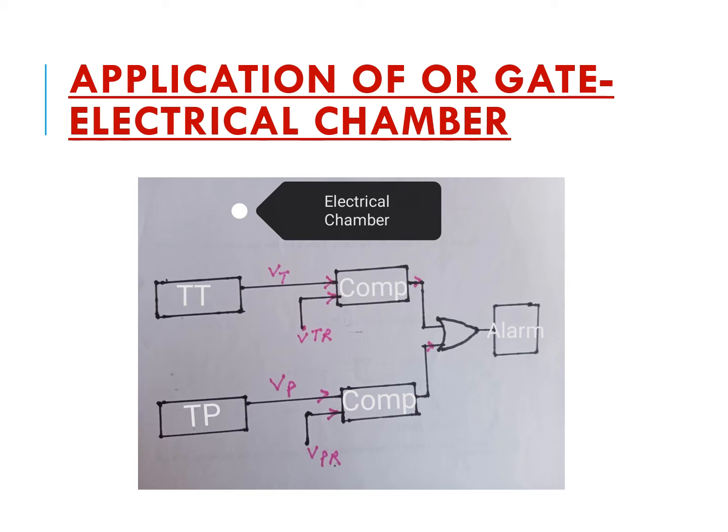But the moment the temperature or the pressure starts increasing, and the voltages Vt and Vp also start increasing, then obviously there is an alarm. Both voltages will be compared in the respective comparators and will generate the conditions, 1 1, 0 1 or 1 0, and the output will be there and will be fed to the alarm, and the alarm will be on, and obviously the supervisor will be forced to take certain actions, that is, precautionary measures. Okay.